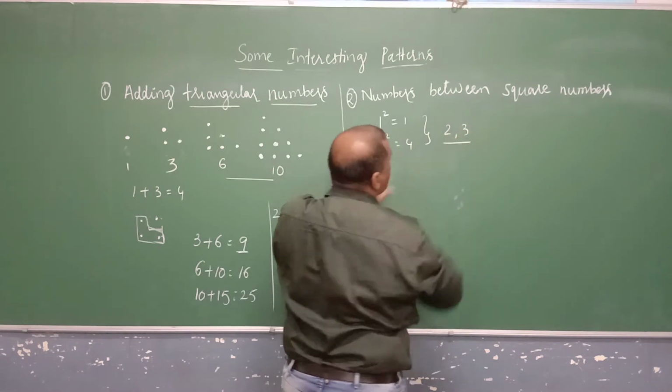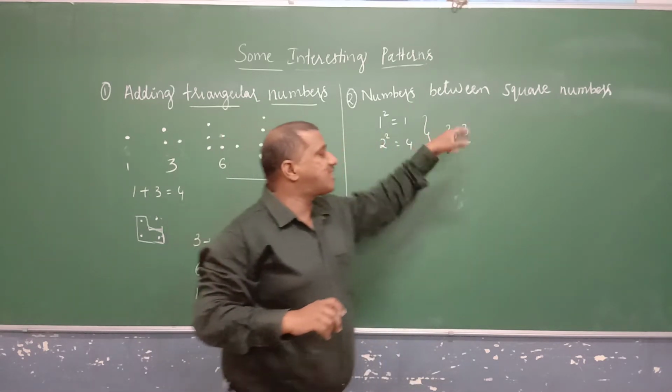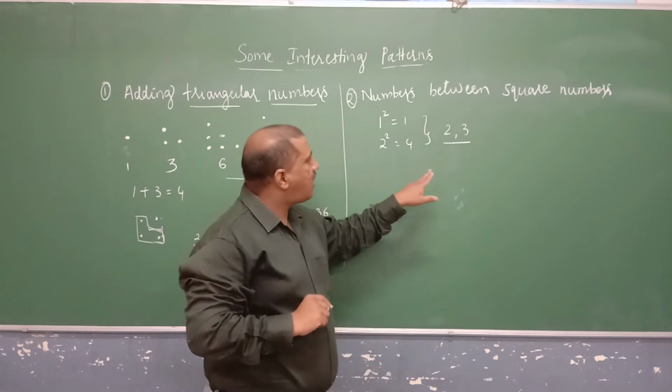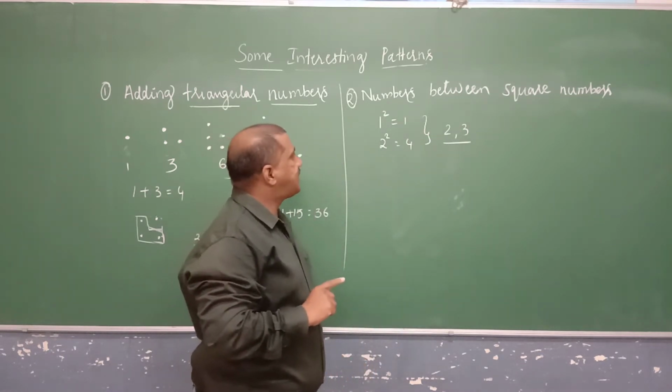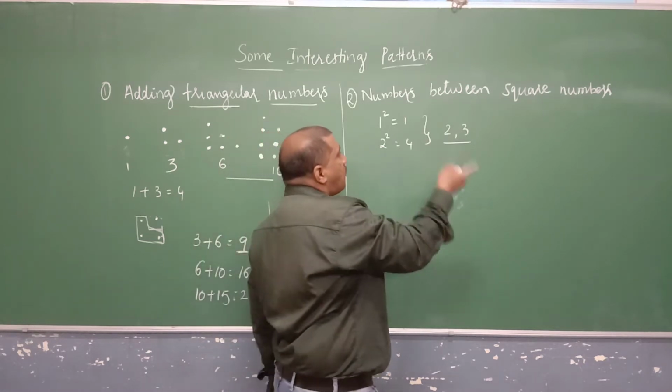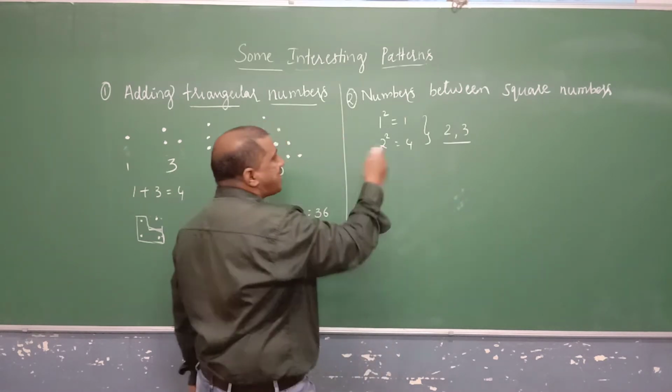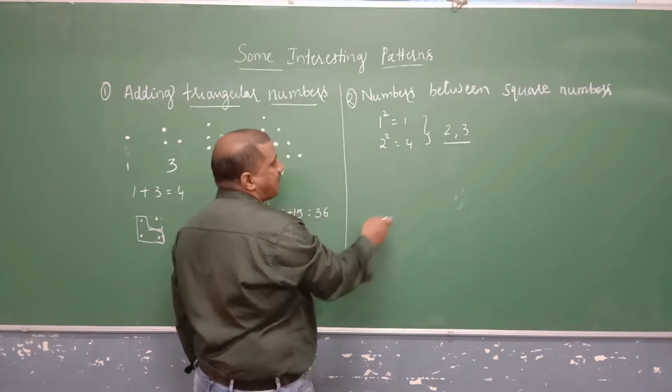How many numbers are there? 2 numbers are there. Are they perfect square numbers? No. They are non-perfect square numbers. Next, we'll see one more pattern. The next two consecutive perfect square numbers are